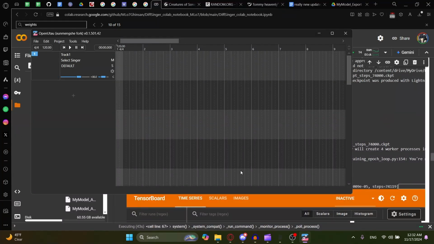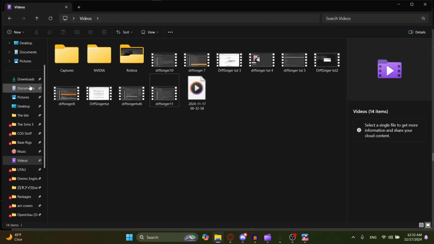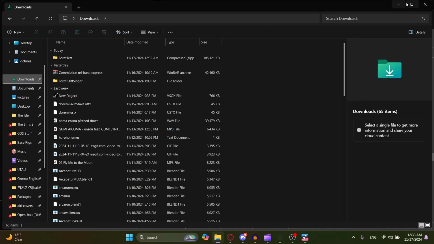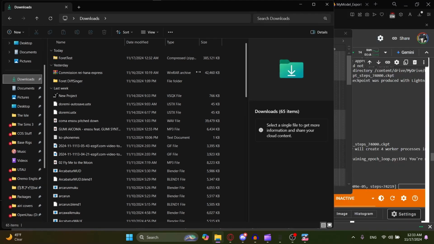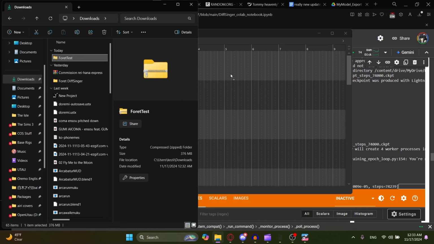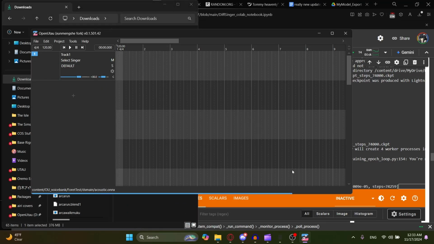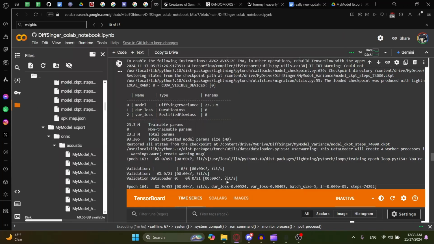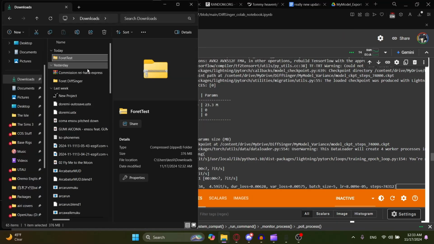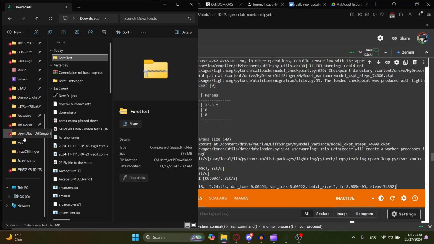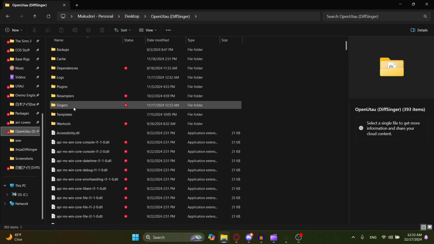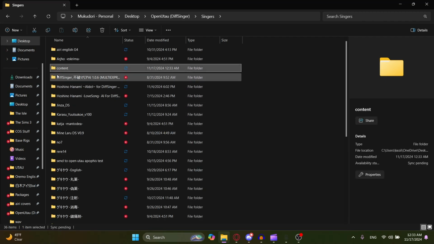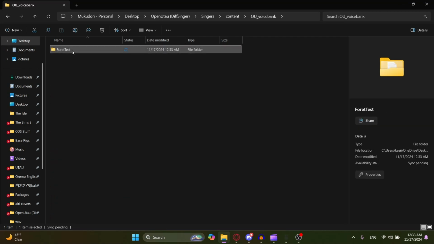Okay, so now that you're here, you're gonna want to pull the voice bank that you downloaded, and you're gonna drag it into OpenUtau. You just install it like any other voice bank. But you're not done yet. You have to go here, and basically, it should appear as this, by the way. You have to pull it out,